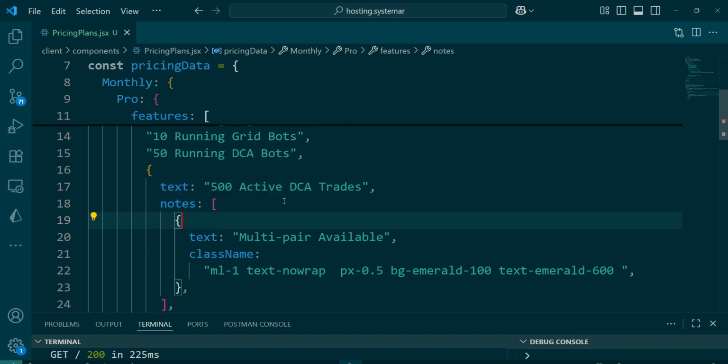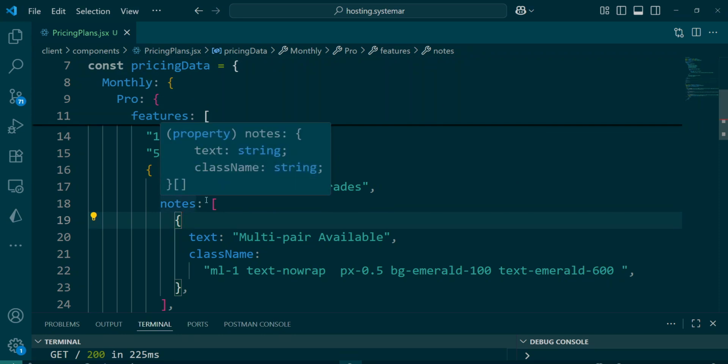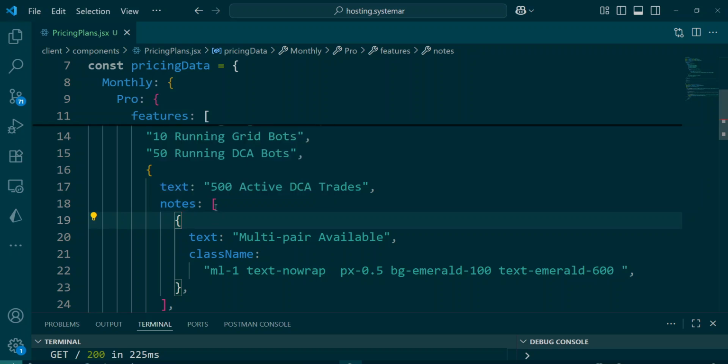I created a different object as an item here. Inside of it, I get a text, and I'm getting the notes as an array of objects. Obviously, this one is only having one object, right? So I throw in text. This is just to identify or to define this text. And I'm wrapping it in a class name